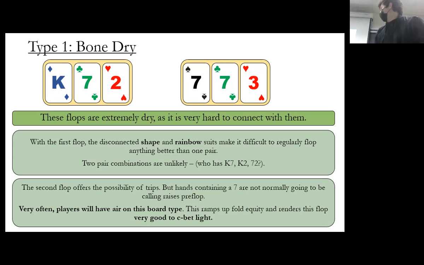Similarly, for the 7s here on the right, well, it is a paired board. If they have a 7, they have trips, but how often are our opponents calling pre-flop raises with a hand that has a 7 in it? Like 8-7 suited or something, but they really shouldn't have a hand like king-7 or anything like that. So very often, both players are going to miss this board. We're going to have the same hand strength that we had pre-flop,